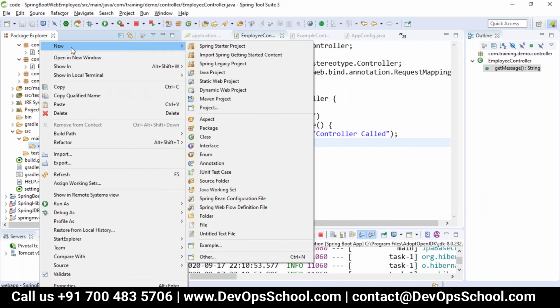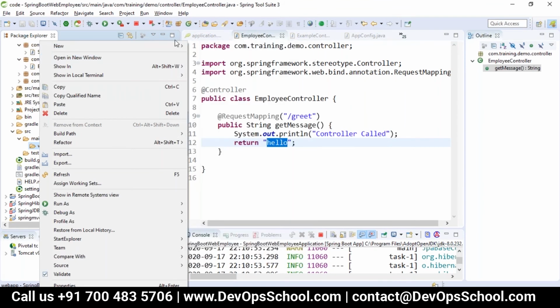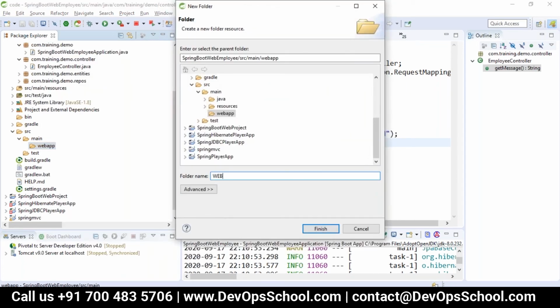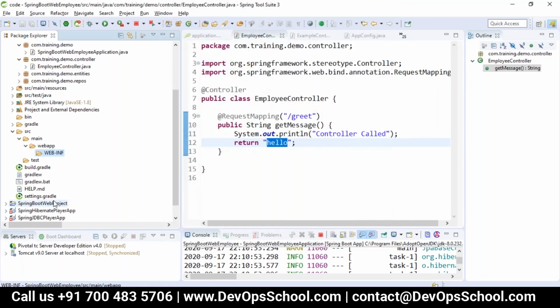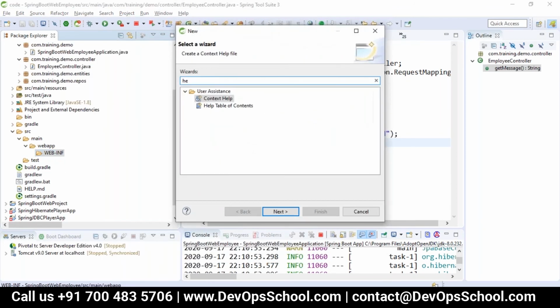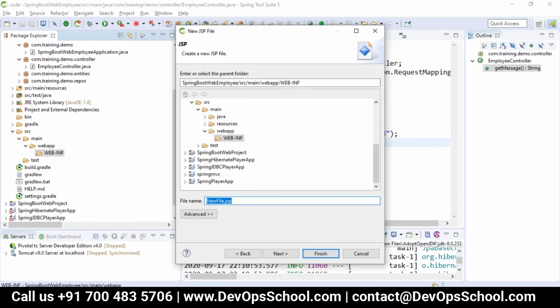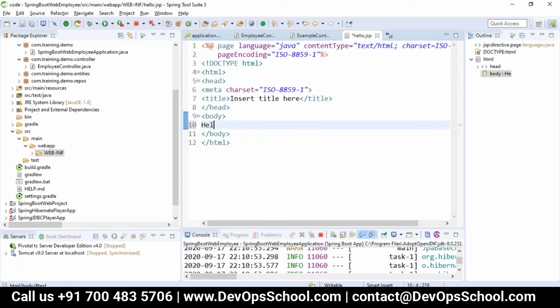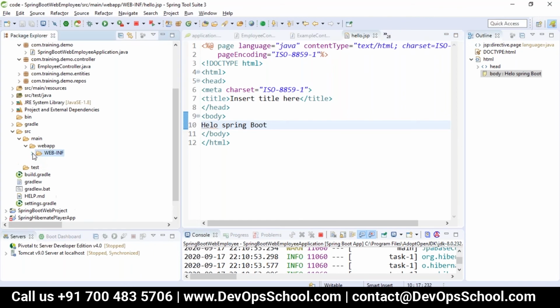Inside that, I will create WEB-INF, and here I'll create my JSP: Hello, Spring Boot.